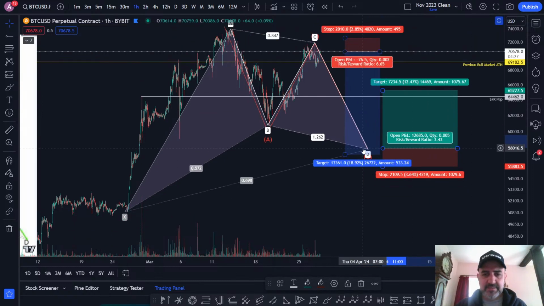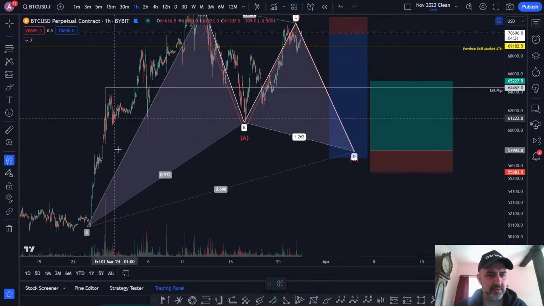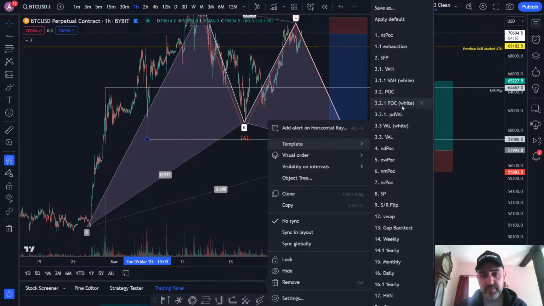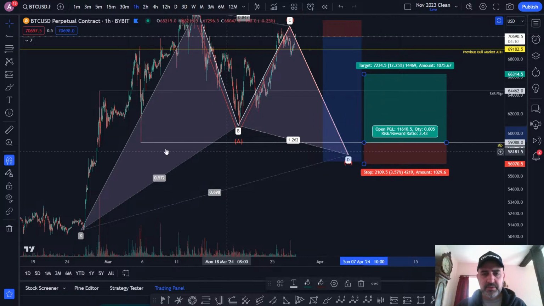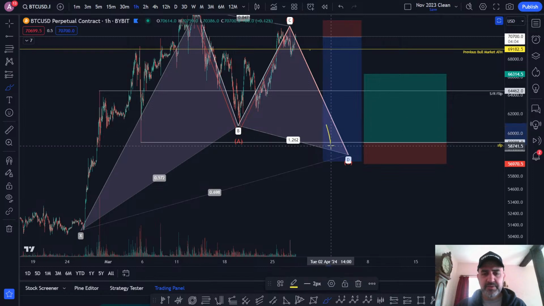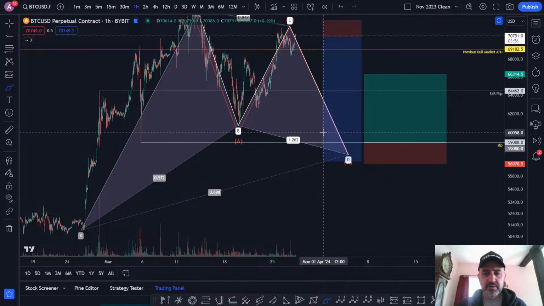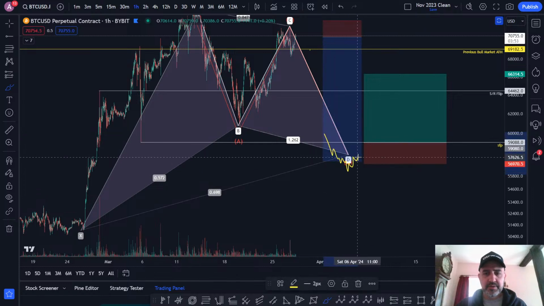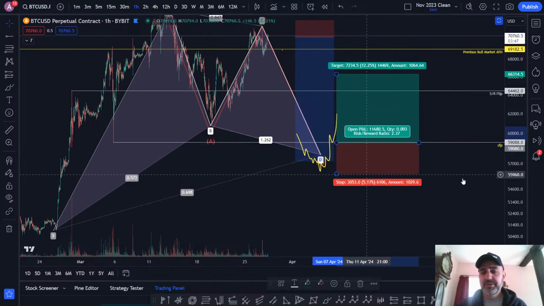It's a lot safer to take this pivot. But really what you want to do is take the swing failure of this one here. If this completes, it's a big if, that would be the trade. You're not really trying to catch the low if the price comes down at the right time. You're not trying to catch the low because it could go lower. The entry is getting back above there. Then you have your invalidation.